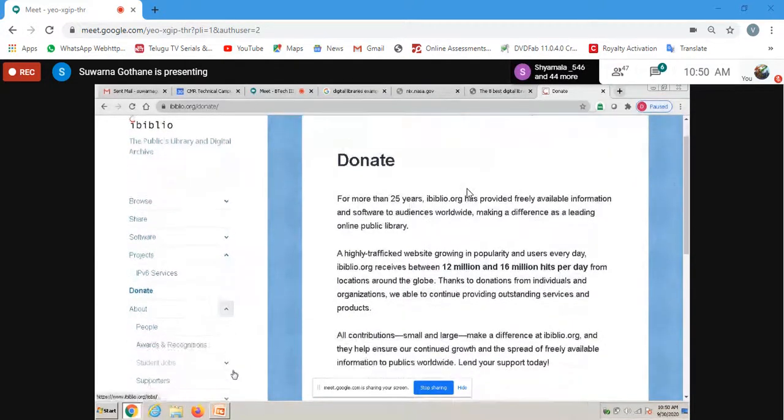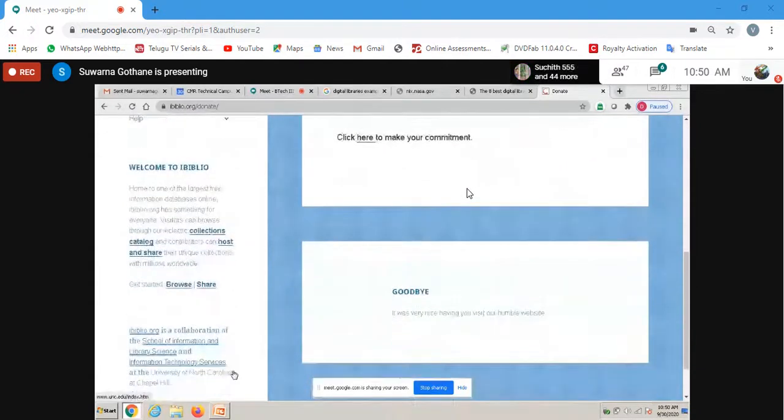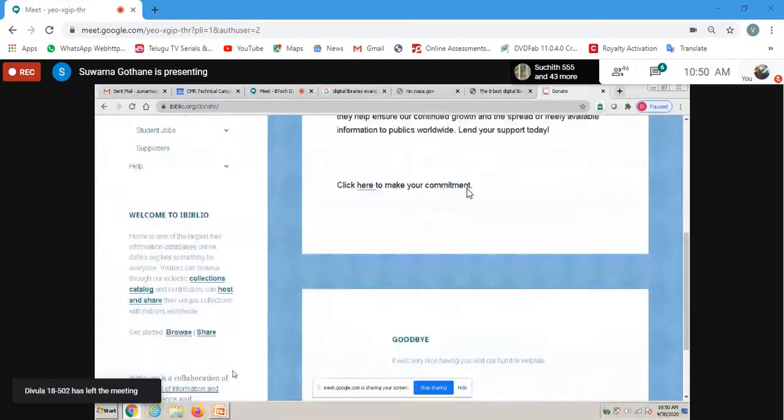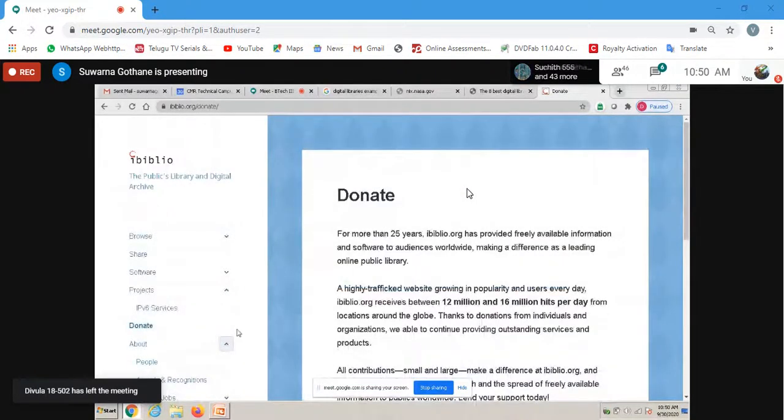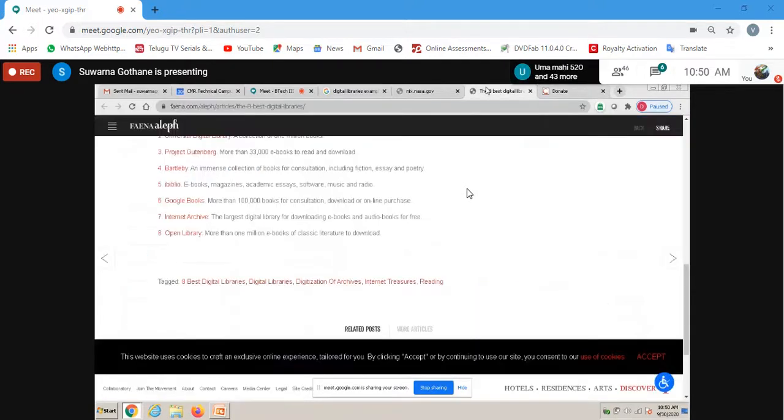It is going to showcase all the things, and you may need to create an account also. Once you create the account, you will know the recent updates, what is being added into this public library, and you can use it according to your interest.